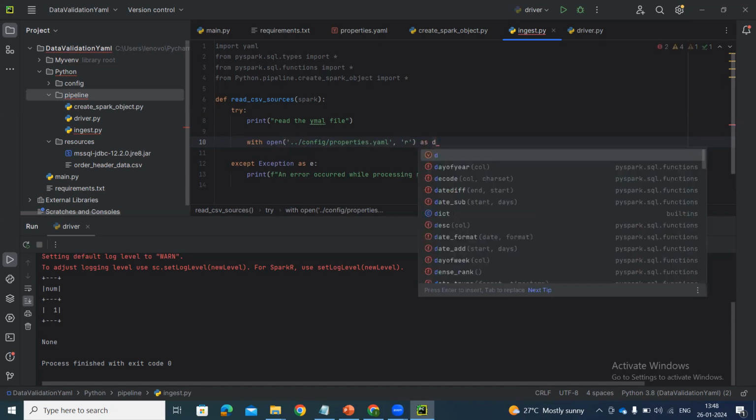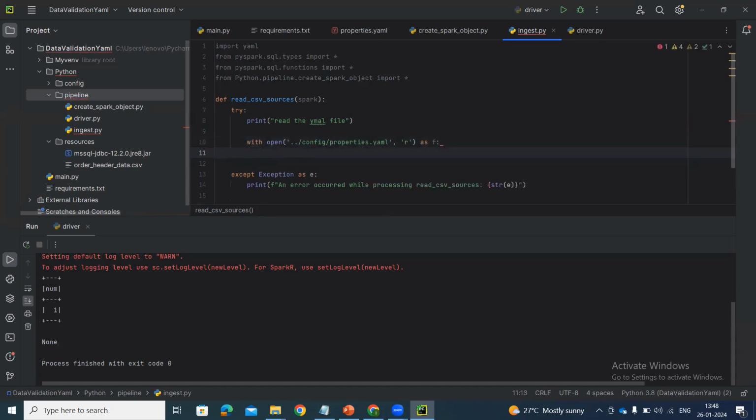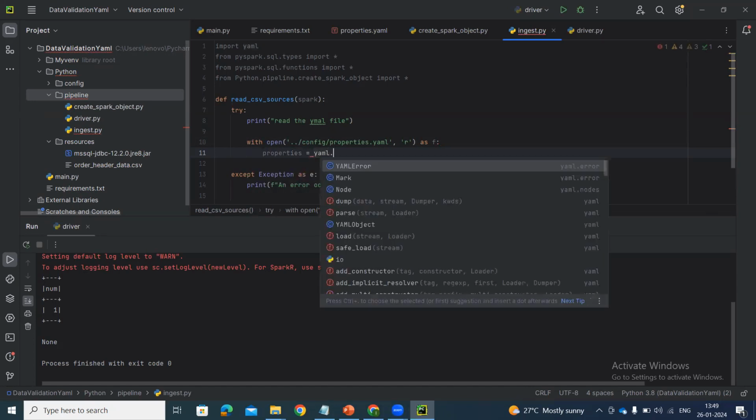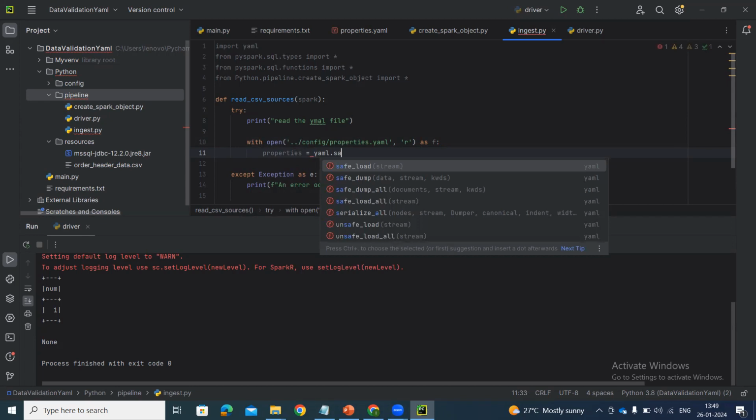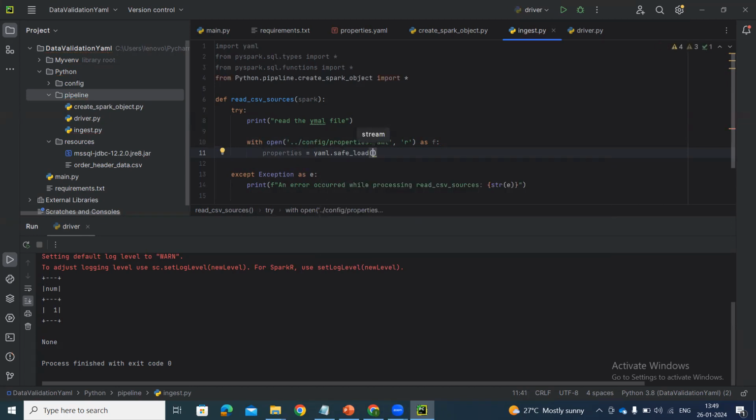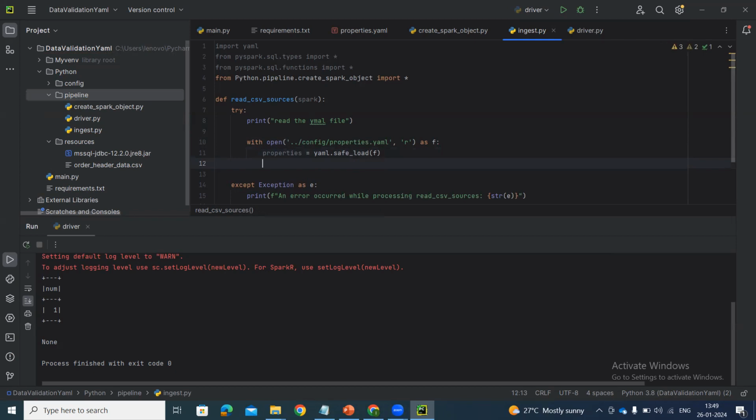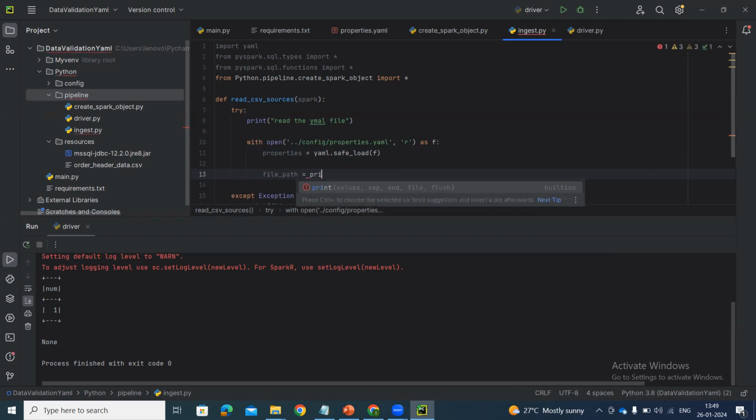Let's create an object called f, and we have the safe load property, especially to read the YAML files. Okay, properties, just a variable name, yaml.safe_load. Okay, safe load is there, and pass the object f. Now get the file path and store it in a file path variable. Okay, properties,